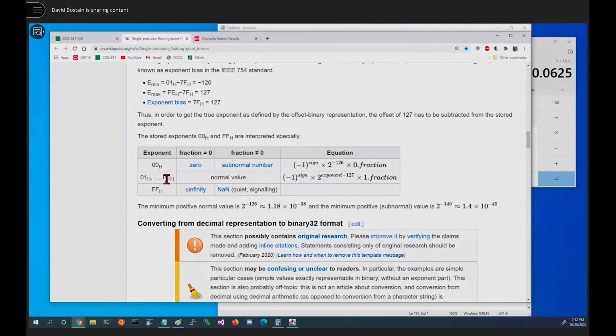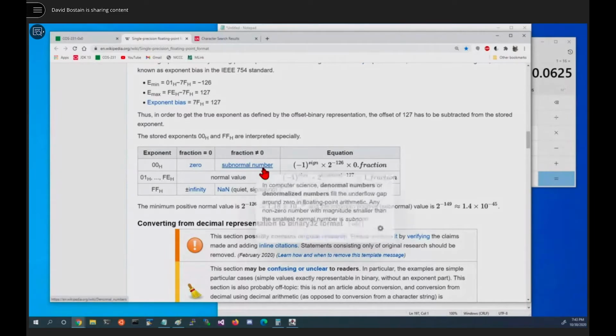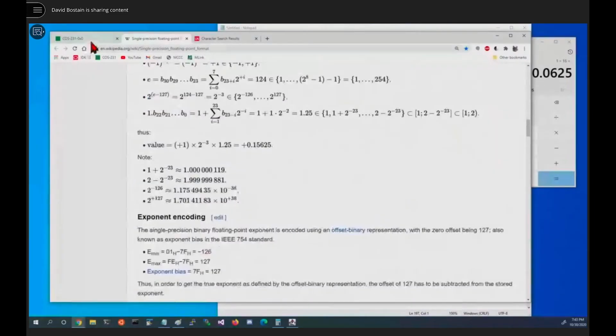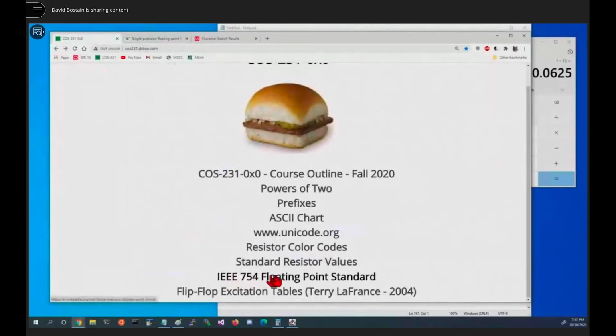If the exponent is anything from 1 to FE, regardless of the fraction part, it's just going to be that thing we've been doing all semester. Otherwise, you might have infinity, and infinity could be plus and minus just like 0 could. And if you did have something in the fraction part instead of zeros, it's not infinity, it's what's called not a number. And you might have to know something about that. So it's easy to find a little table that's sitting right in the middle of that one link right off of our homepage.